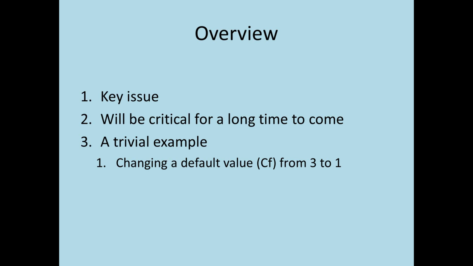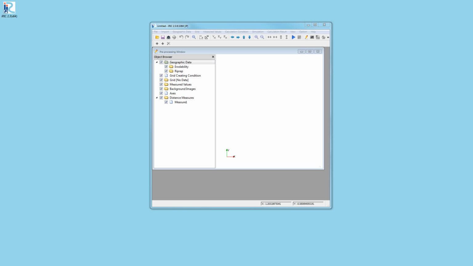So a trivial example came up for me recently, and I'm going to use that example just as a placeholder to make the point that we need better documentation of the source code. Okay, here's what I wanted to do. Here's iRIC, and